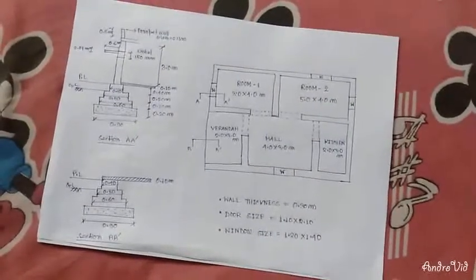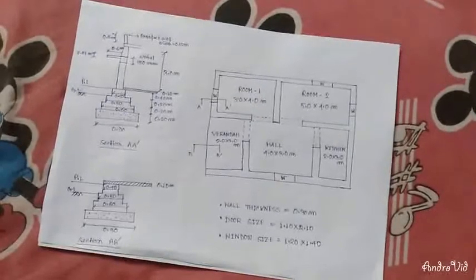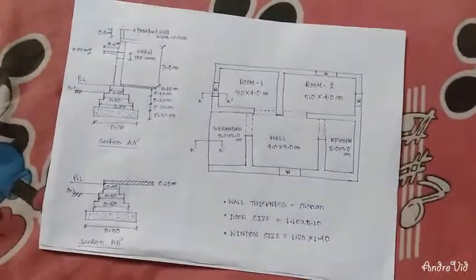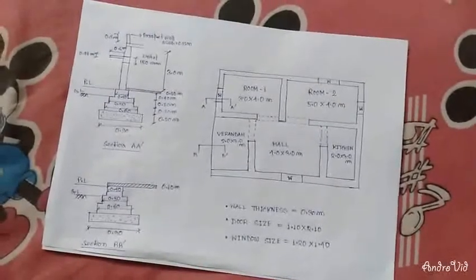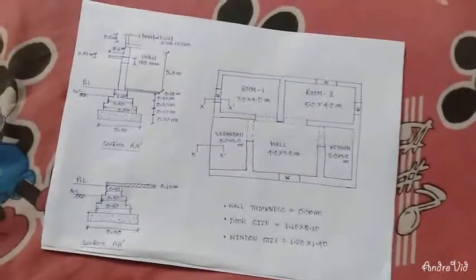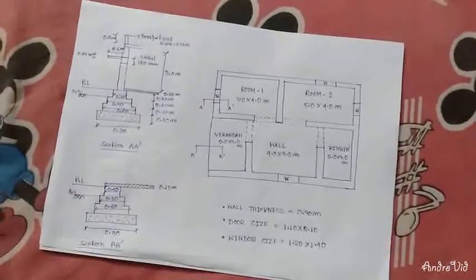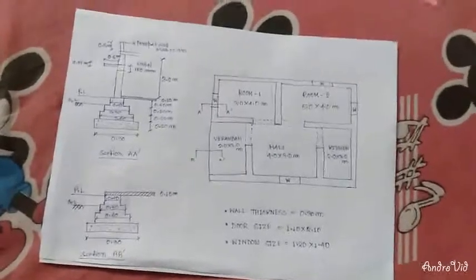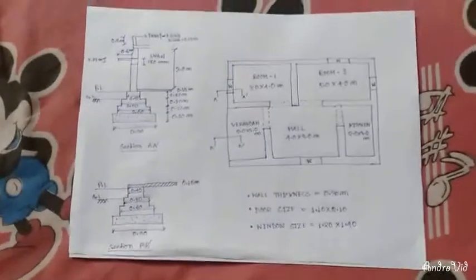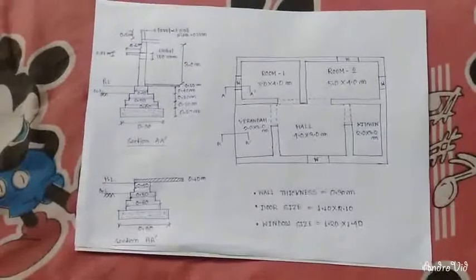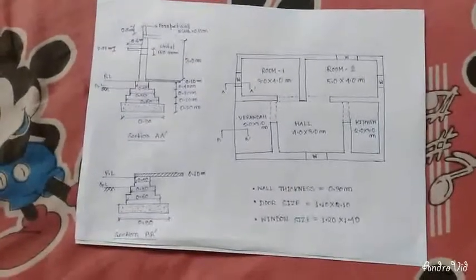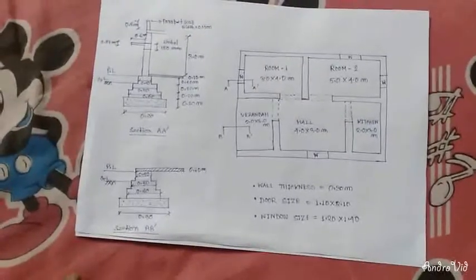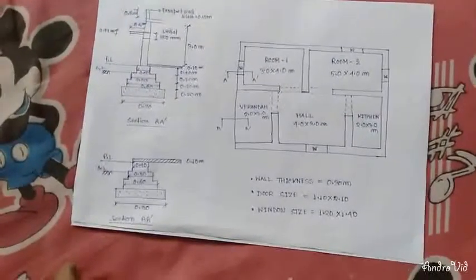So basically we have to find quantities of these different items in our estimation, and to determine the quantity we should know the length, the height and the breadth or width. From our given plan and section we can easily find the height and width, but for length we have to apply the center line method, and then we will get the length of the particular building items. At first we have to check the drawing. If we do it properly, then almost 50% of our work is solved.